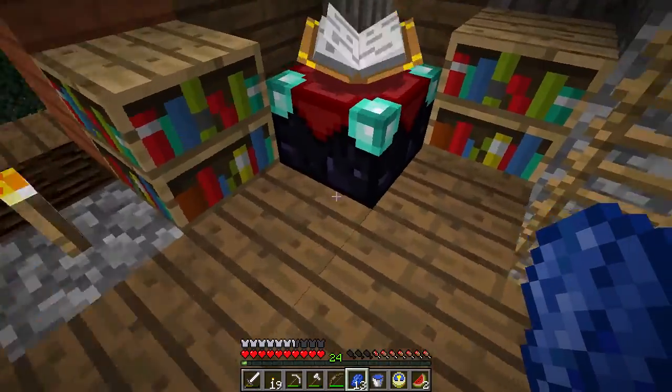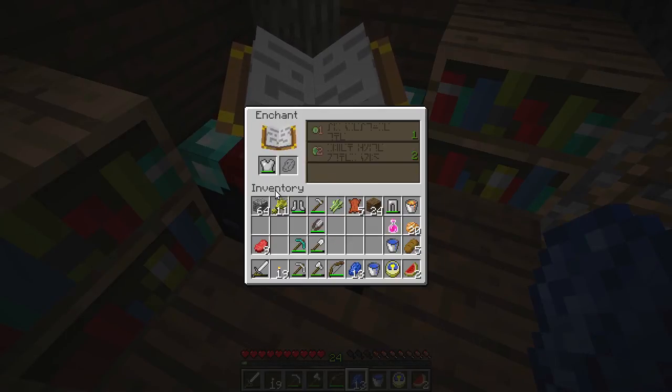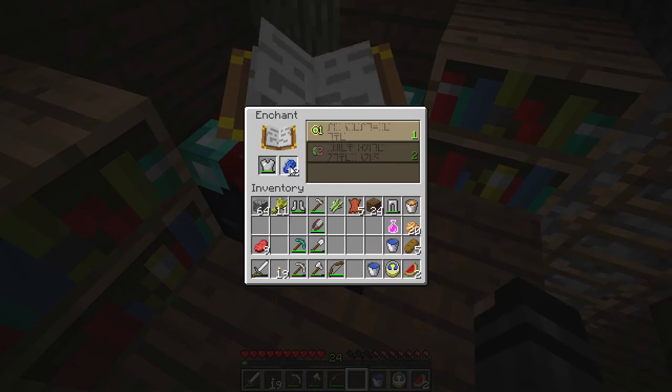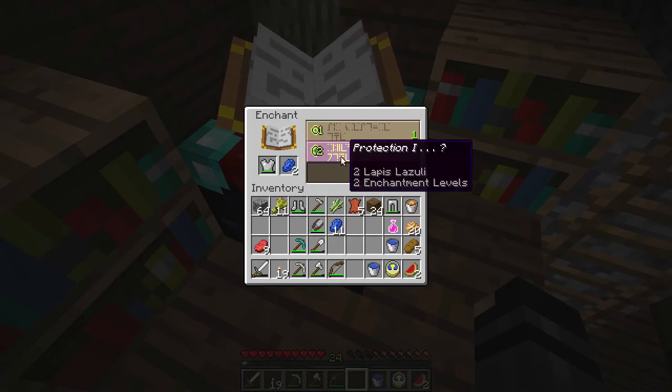So let's do some magic. Actually, the first thing we want to do is enchant our gear, our armour. The way we go about this is we're going to look at this stuff and see what we can get. And ideally we want protection 1. And that's going to cost me 2 pieces of lapis and 2 levels. So I've got 24 levels. So when I click on this,